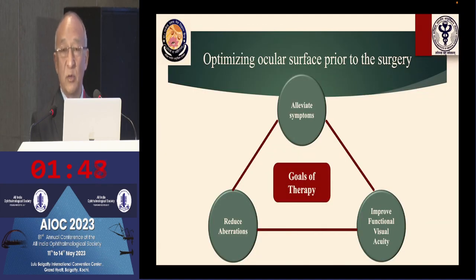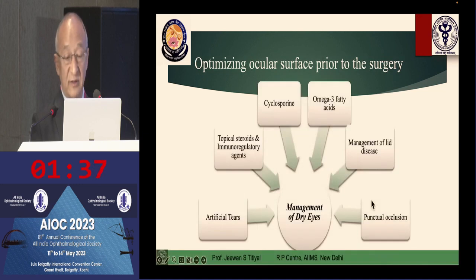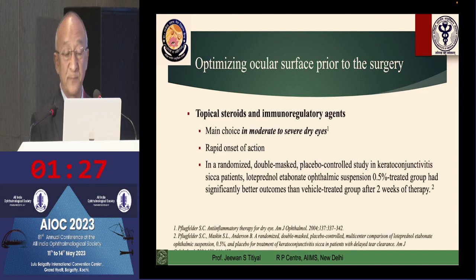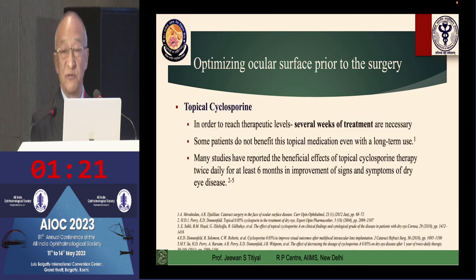So what should be the goal for our patients? We can treat them in a manner which decreases the aberrations and improves the functional visual outcome, and that is going to decrease the symptoms of the patient in these cases. So these are the various treatment modalities we have. Artificial tears are the mainstay of management for all dry eye patients. That holds true for cataract patients also. Especially in patients with inflammatory dry eye,